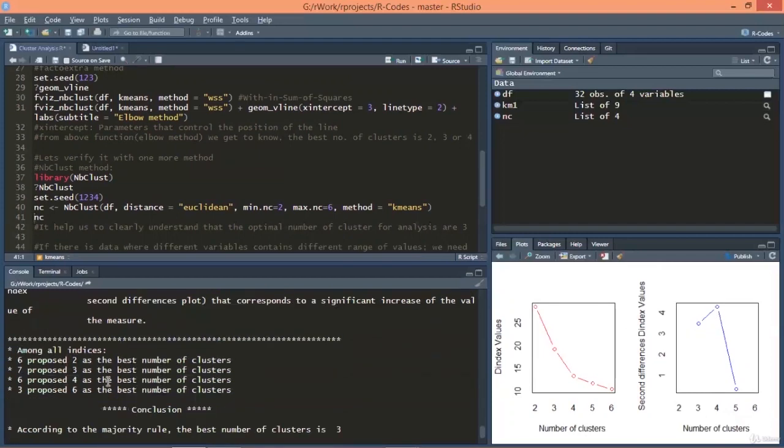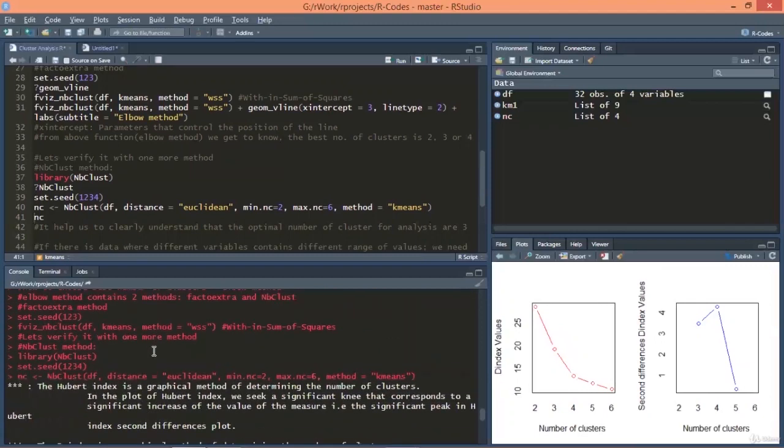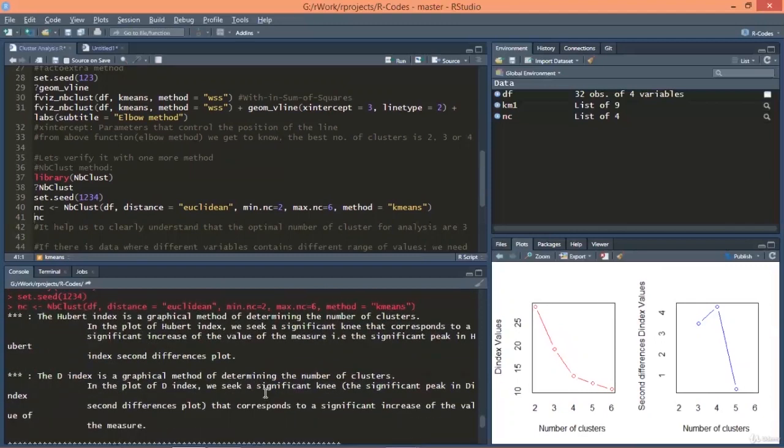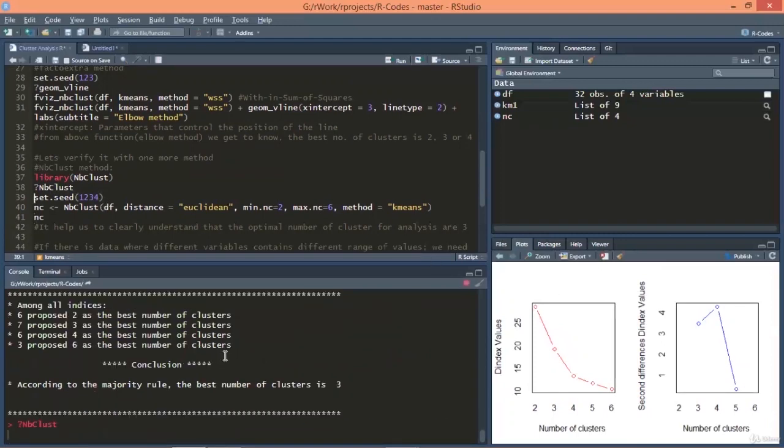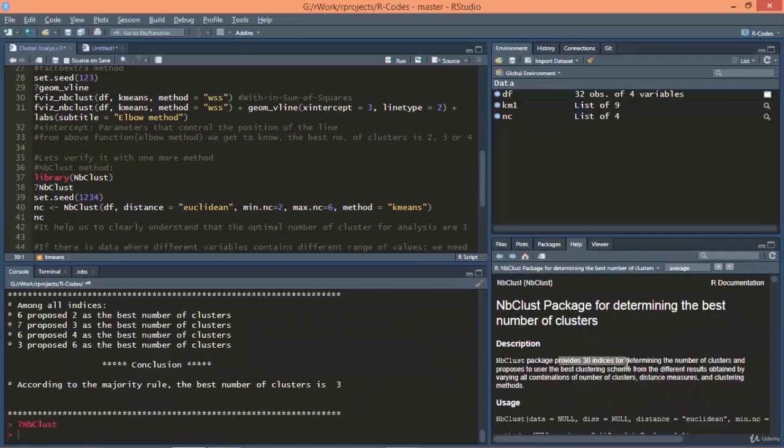So let's go ahead, and you can see what happens is NbClust responds to you with 30 indices, which, if you just put a question mark before it, you will get a great help. The NbClust package provides you 30 indices for determining the number of clusters, and proposes to users the best clustering scheme from the different results obtained, varying the combination of number of clusters, distance measures, and clustering methods. So 6 proposed 2 as the best number of clusters, 7 proposed 3, 6 proposed 4, and